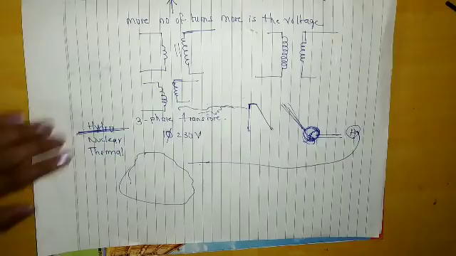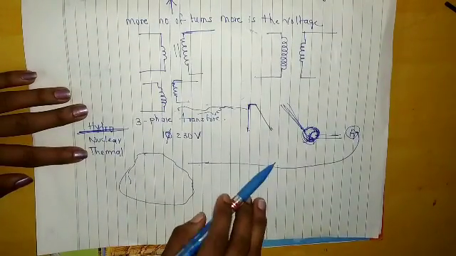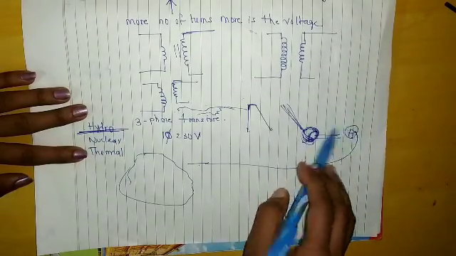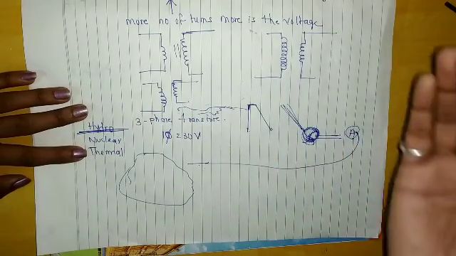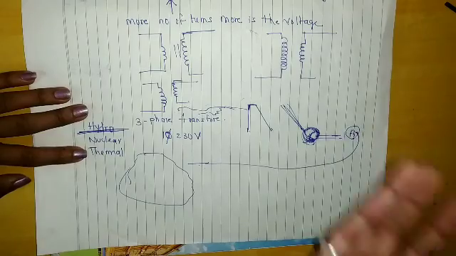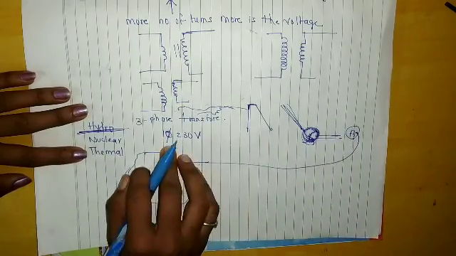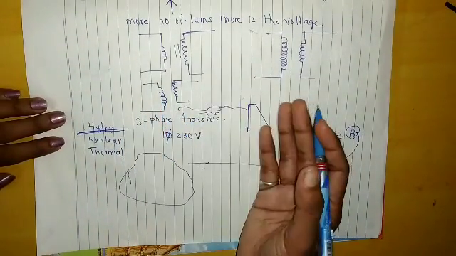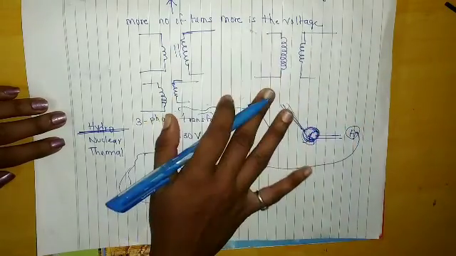Just remember that transmission is done with the higher voltage. Whatever the voltage it is generating here, we have to step it up. It may be 11 kV, and we have to step it up to 133 kV. We have to increase the voltage level from here and then transmit it. We are going to see the 3-phase transformer in depth, right? In the next 2-3 points we are going to see it.